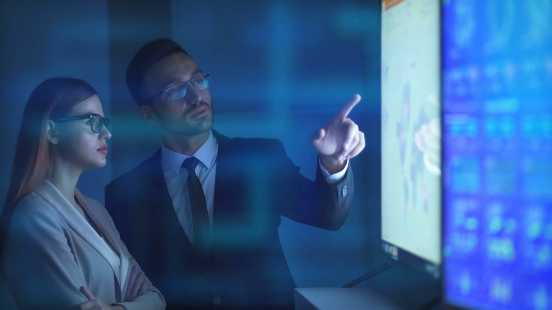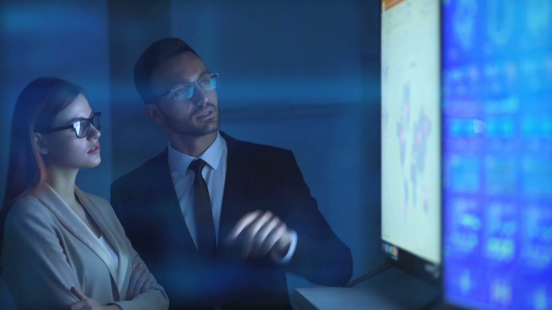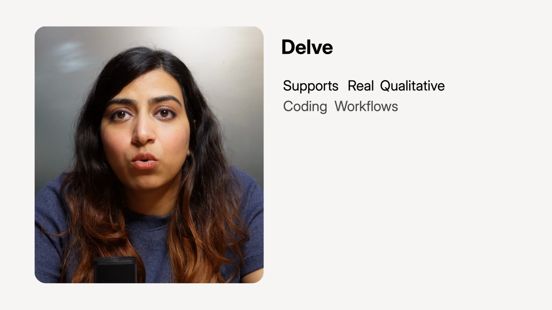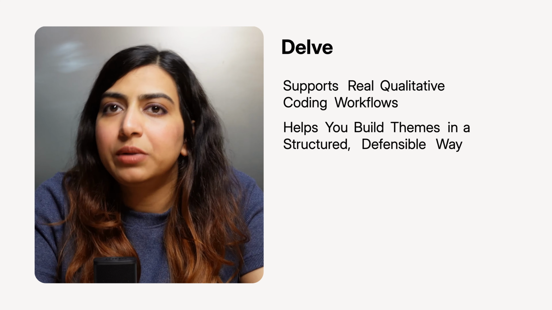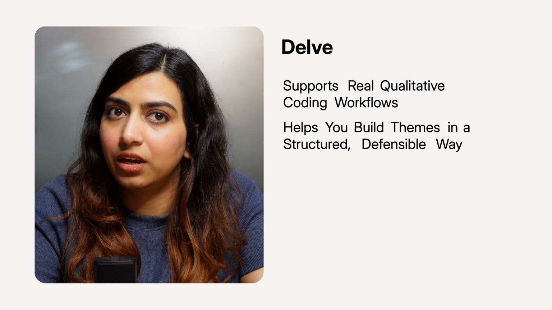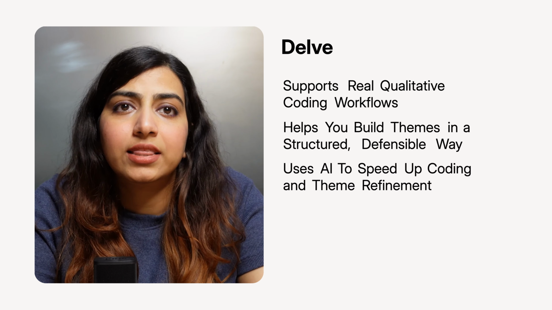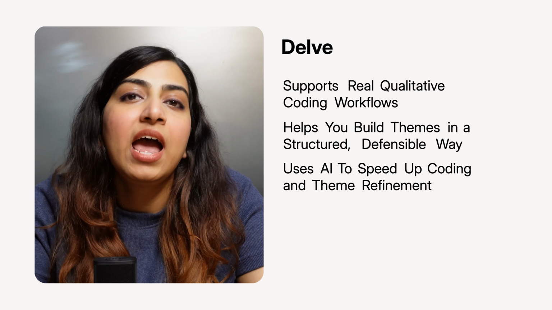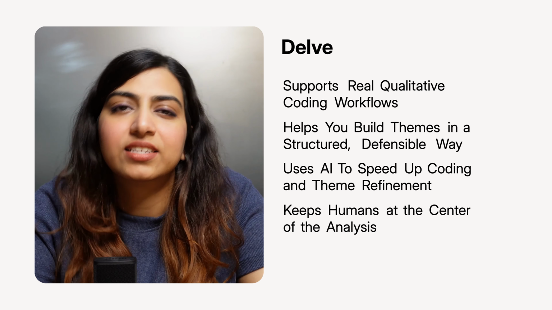And because thematic analysis is never just about themes, it's also about evidence, Delve also emphasizes being able to quickly find codes and context and export codes and transcripts easily when you are writing up findings or sharing results. So if you're looking for an AI thematic analysis tool that supports real qualitative coding workflows, helps you build themes in a structured, defensible way, uses AI to speed up coding and theme refinement without taking over, and keeps human at the center of analysis, Delve is a strong choice, especially for research-heavy teams who want AI assistance without losing